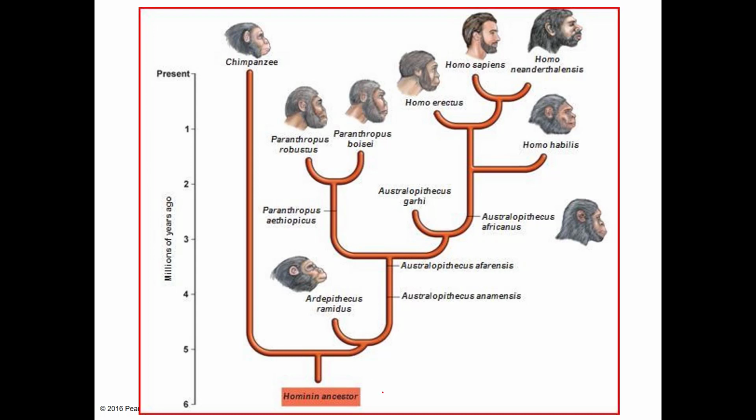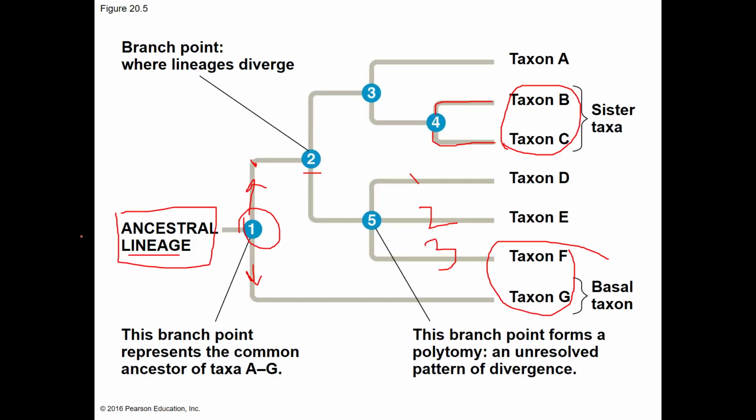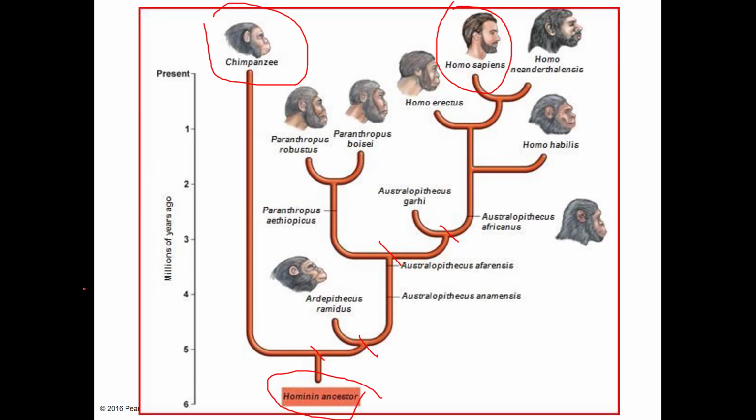So when you look at here, this is a rooted tree, right? Because we have a common ancestor. We have branch points here, here, here, etc. This guy and Homo sapiens would be considered what kind of taxa? Basal taxa, right? Because we originated from an early common ancestor down at the bottom, whereas,